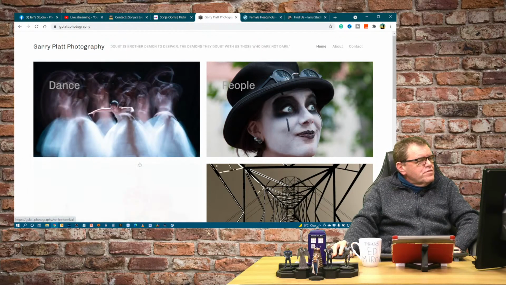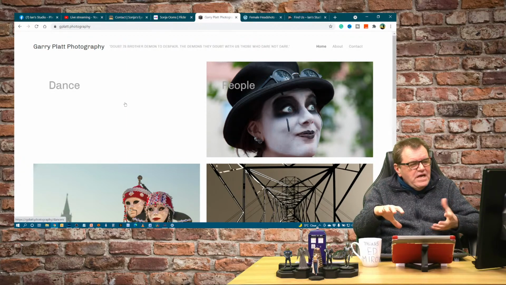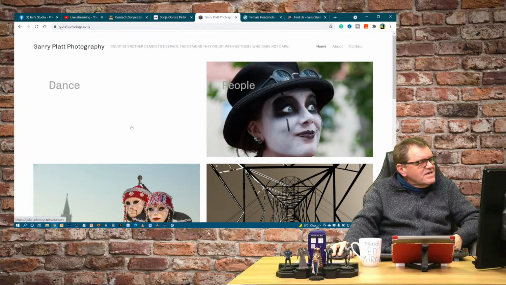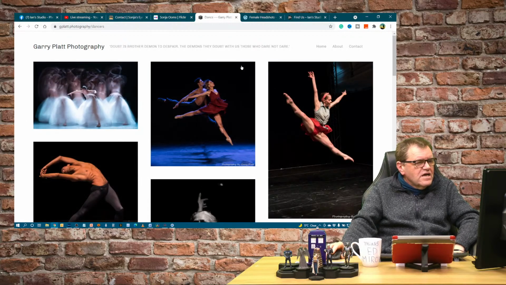But what would be really nice would be when you mouse over it, instead of losing the image altogether, it goes to a color, it goes to a black and white image or something along those lines. That would work quite nicely rather than it disappearing. It just feels a little bit unsettling, as though I'm mousing over something and you're taking it away from me. But anyway, let's have a look and see what this has to say.